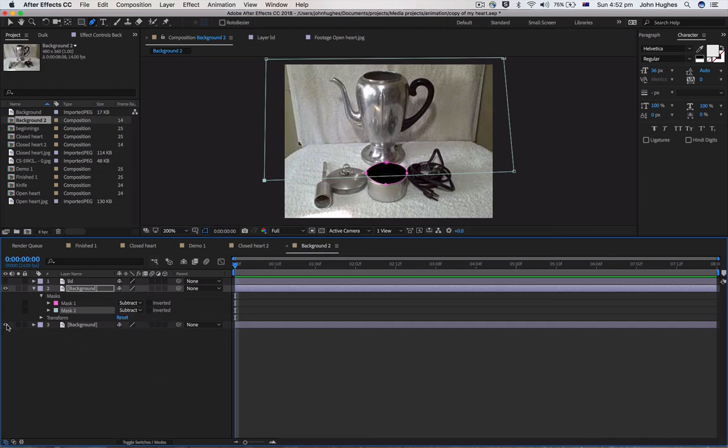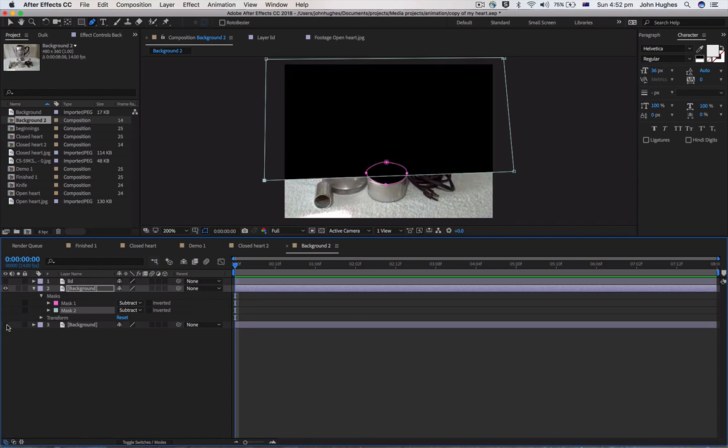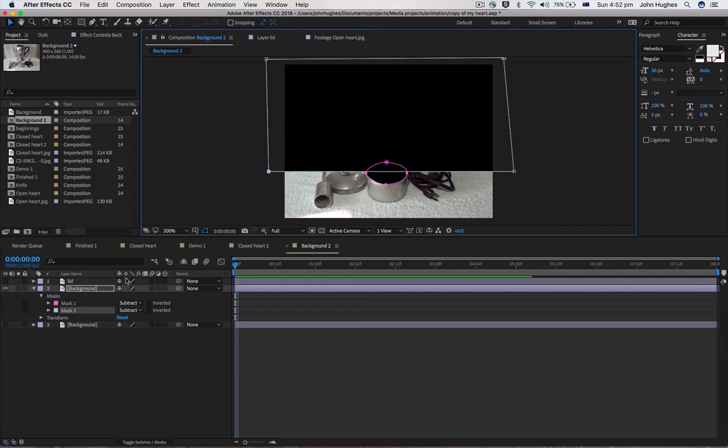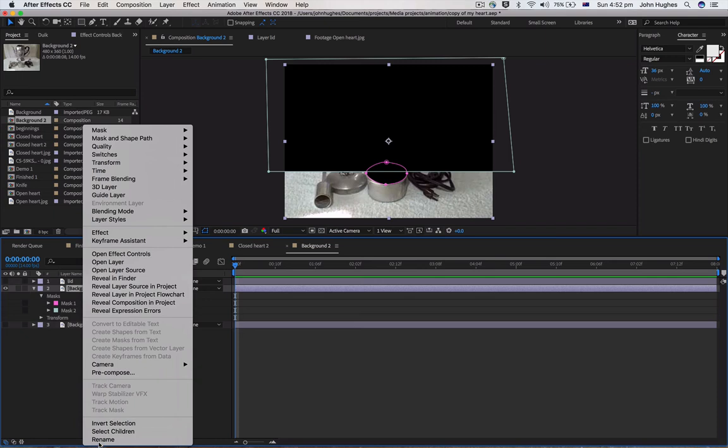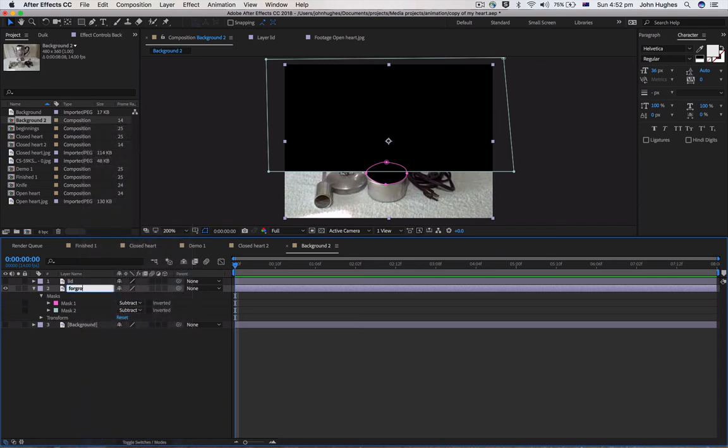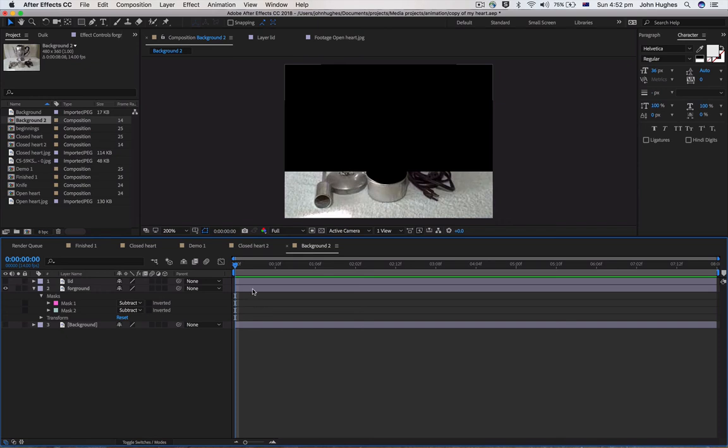And then if we turn off the background layer, we can see we've got our front that everything else can move behind. Now I'm going to call that, and great. So if we turn everything back on,